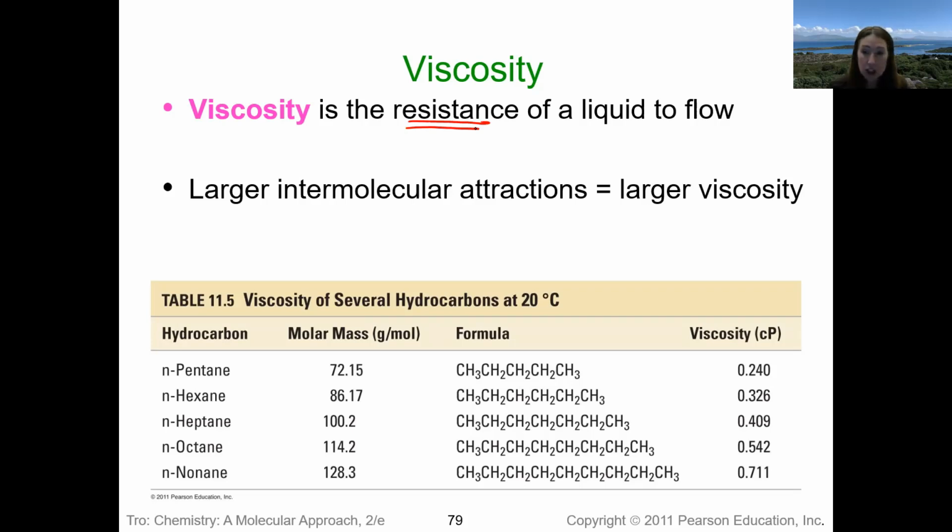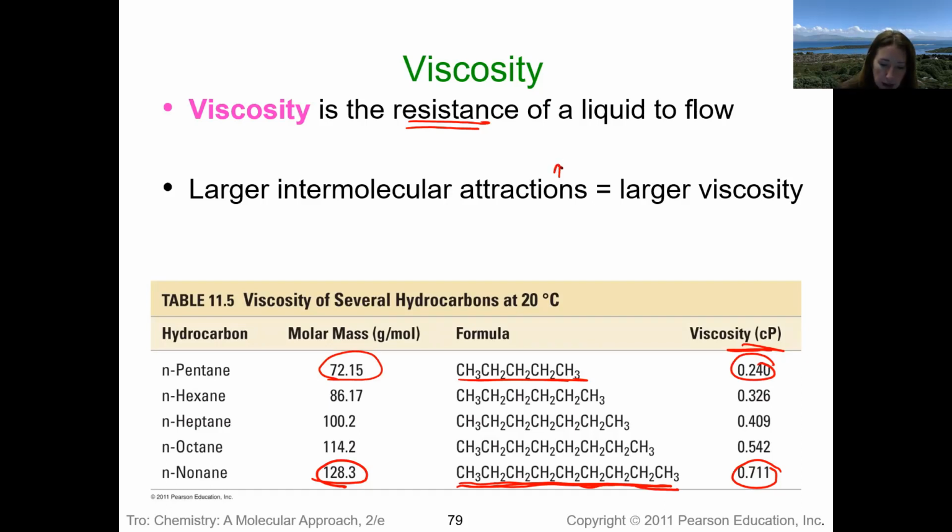Now, the larger the molecules, the larger the viscosity. So again, you don't need to know what these units are. We're just going to use them for comparing. So if we look at how big, here's just a hydrocarbon. Remember, a hydrocarbon is just hydrogen and carbon. Really long, really big molar mass. Here's our pentane, smaller, less molar mass. Viscosity is higher here than it is here. The bigger the molecule, the larger the molecule,